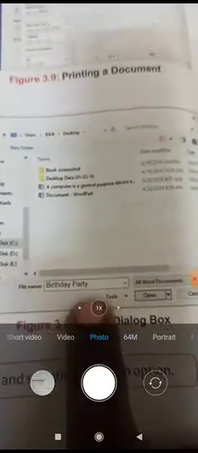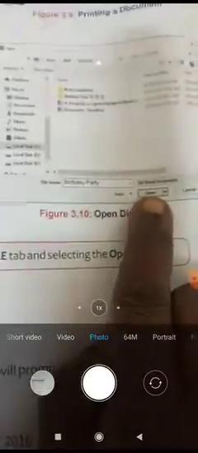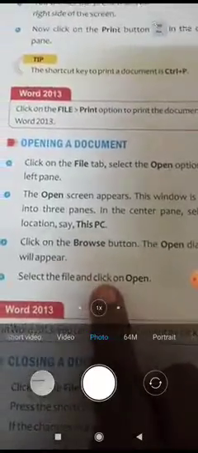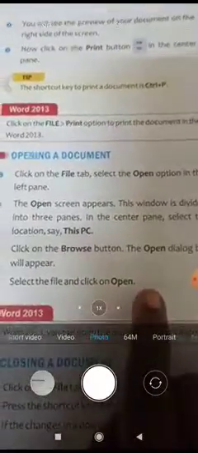Here there is a file name called Birthday Party selected. You can select that also. Whichever one is showing here, you can select from that. Whatever you select will get highlighted here, and that file will be shown here also. Once you have selected the file name, you click on Open. The file will get opened, and the shortcut key to open an existing file is Control plus O.